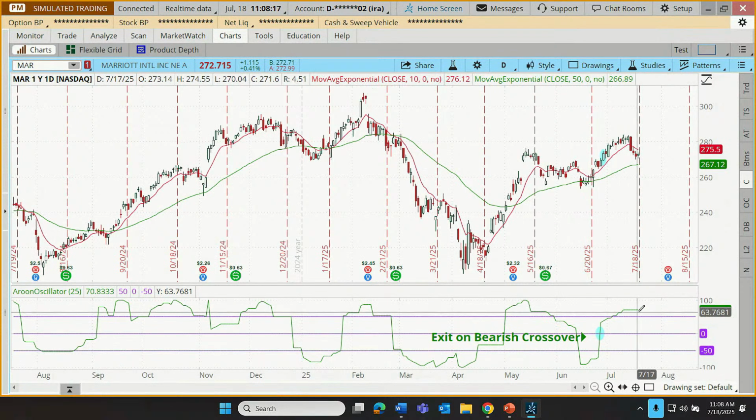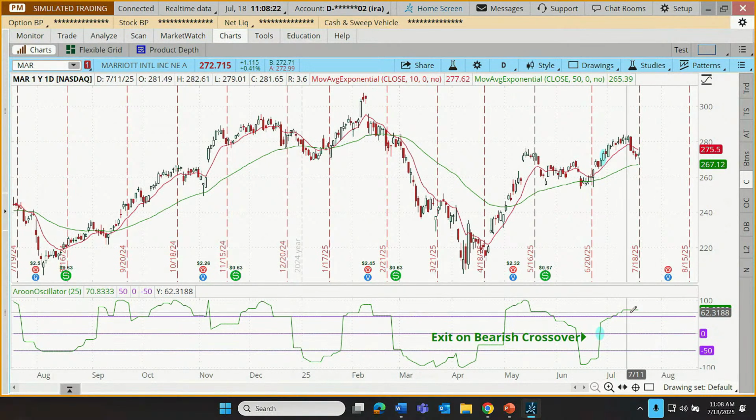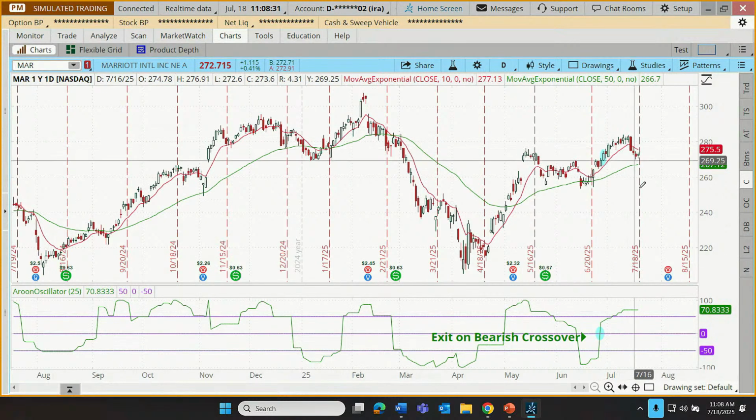For some traders, I will say, though, sometimes we rise up here above the 50 line. And if we start to get multiple days with the Aroon oscillator going sideways, that can put them on higher alert. There are some that might look for a possible exit even before the crossover, but we're going to wait for this zero line crossover. So that trade, it's okay. It's basically at break even. We'll just let that one continue to work.